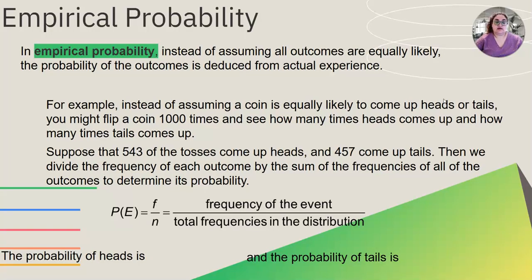For the probability of heads, we have 543 divided by 1,000, giving us 0.543. And the probability of tails is 457 divided by 1,000, giving us 0.457. So this is an experimental or empirical probability. Notice that it's not exactly 50-50, right? So theoretically, we said